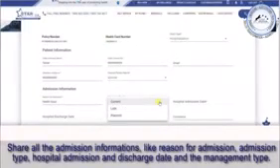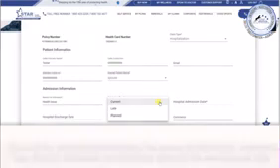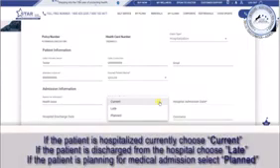Share all the admission informations, that is, reason for admission, admission type, hospital admission date, hospital discharge date, and the management type. To begin with, select the admission type from the drop-down box. If the patient is hospitalized currently, choose Current.